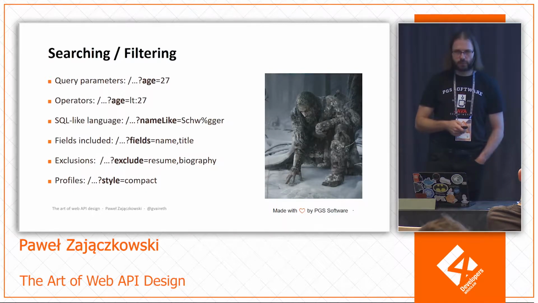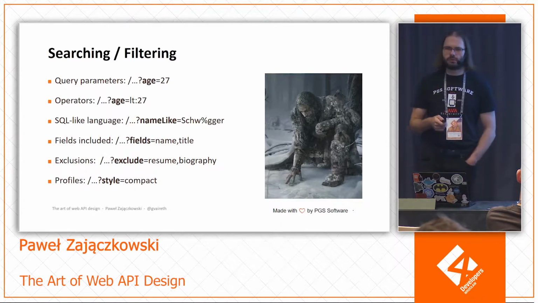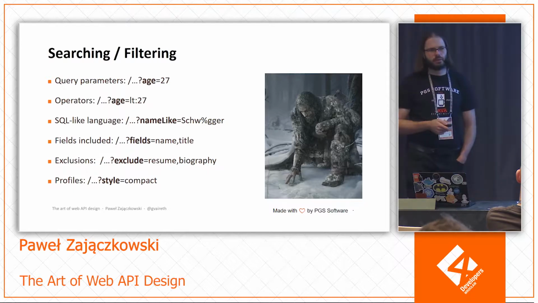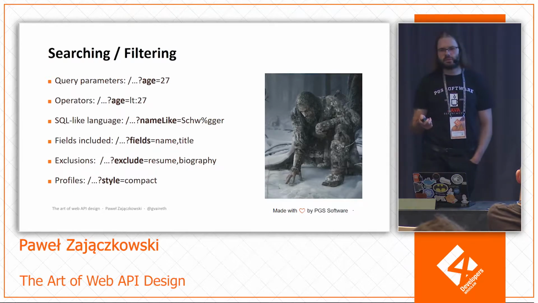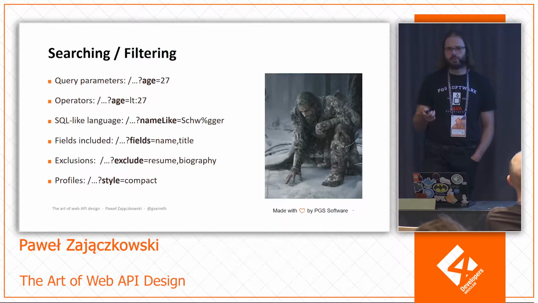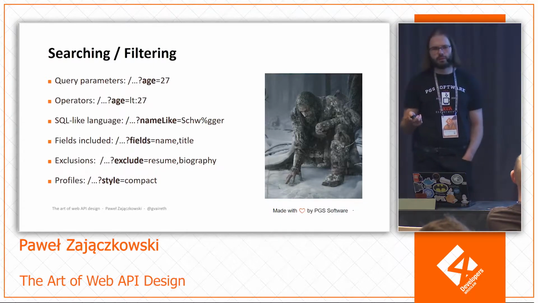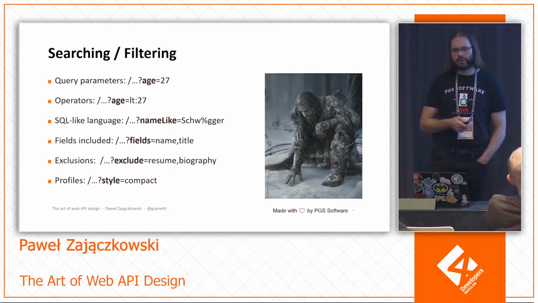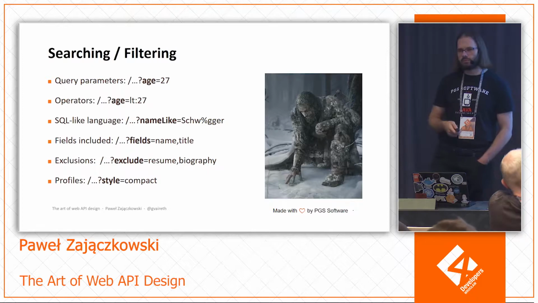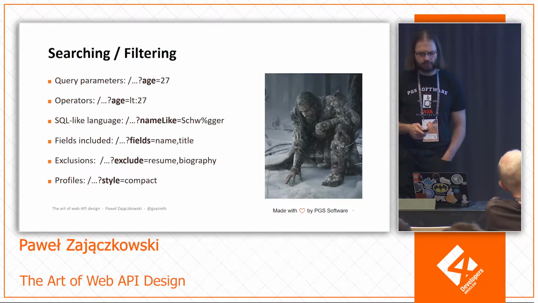Maybe we find him. Okay, so let's say we have objects that we are interested in, and how to limit the content of the single object itself. We can specify a list of fields that we are interested in. Or from the other side, we can specify an exclude list of fields that we are not interested in. For instance, we have an object for a book and one field is very long and we don't want to transfer a lot of data. So we can go with that. There's also an idea to specify some styles of the objects like full, compact, some kind of medium, and we can use it as a style parameter or something like that, a predefined value.